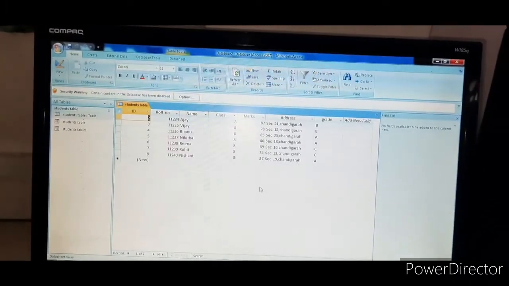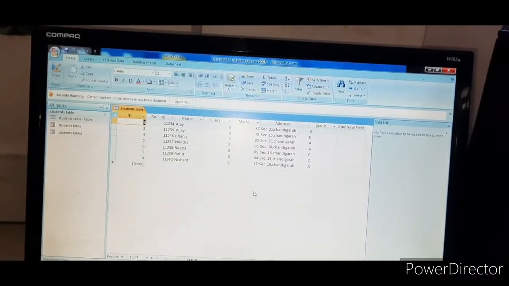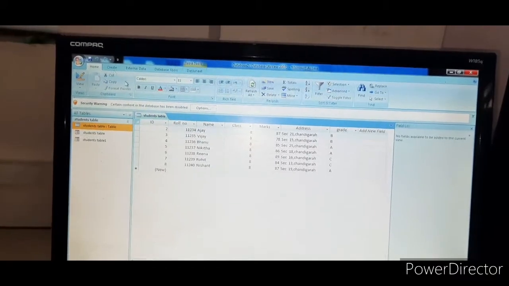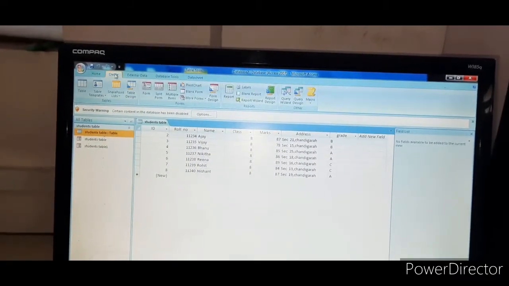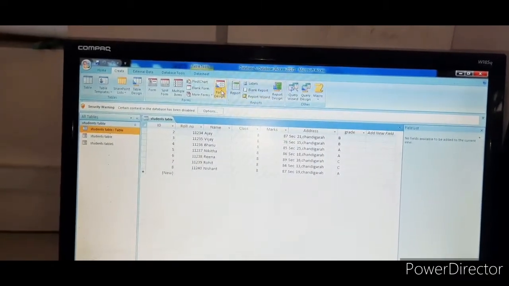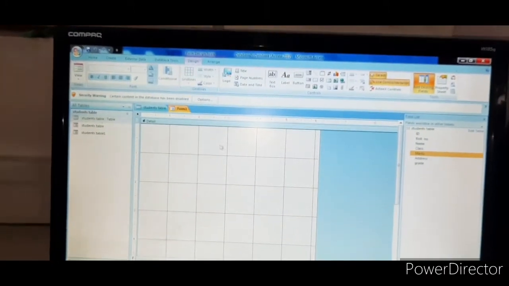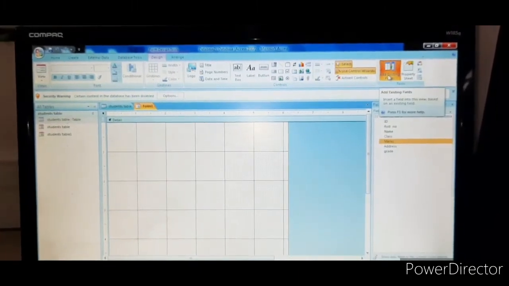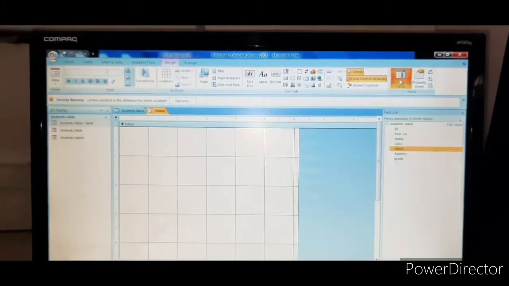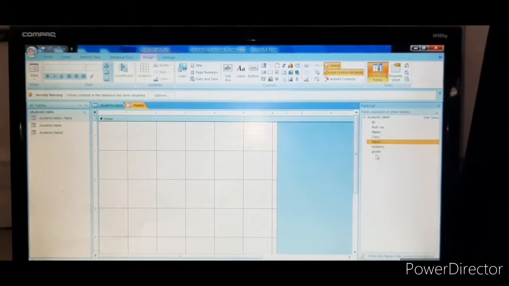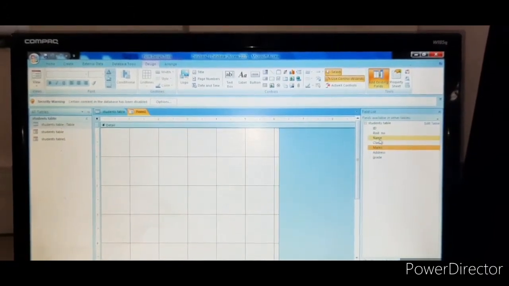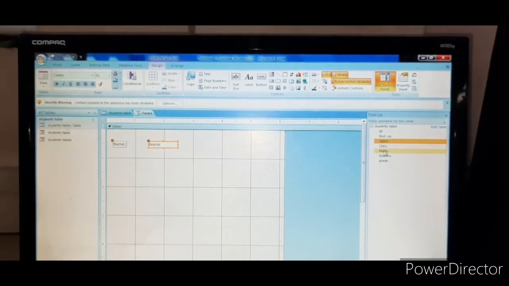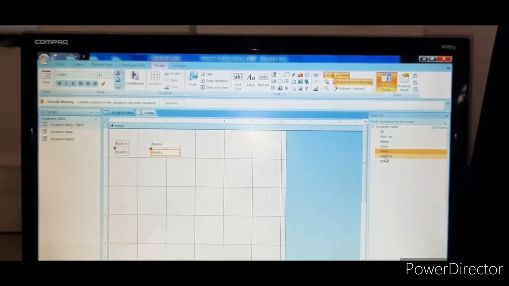See here, children, next topic is to display an unbound or combo or list box, children. For this, we have to select the student table like this. Then go to Create, children. In that the form design option will be there, just click on that form design. Then form 1 will open like this. Here in the tools group, the add existing fields option is there. Just click on it. Then you will have all these fields. Whatever you want, just double click on it, name. Then in name it will come. Then marks I want. Then grade.